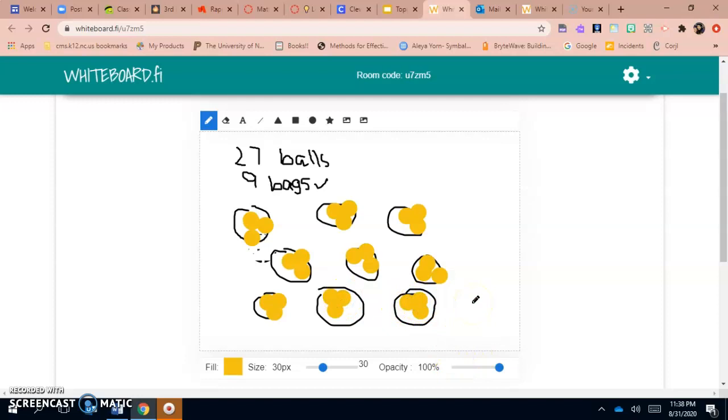So now I have placed all of my balls equally into the bags and I do not